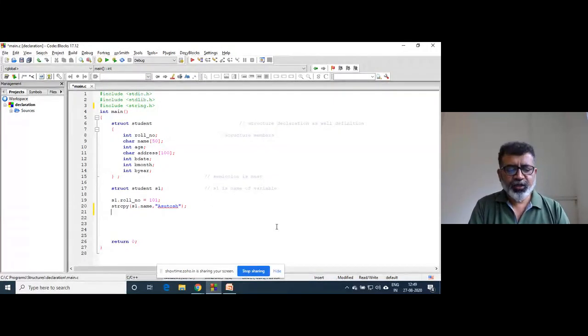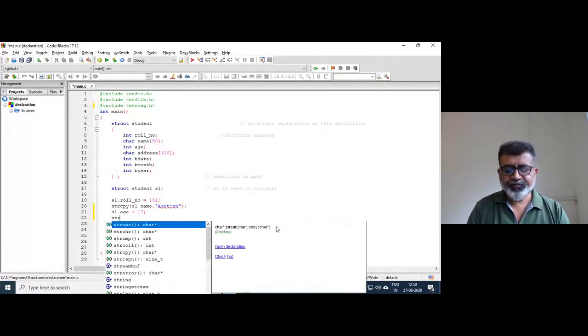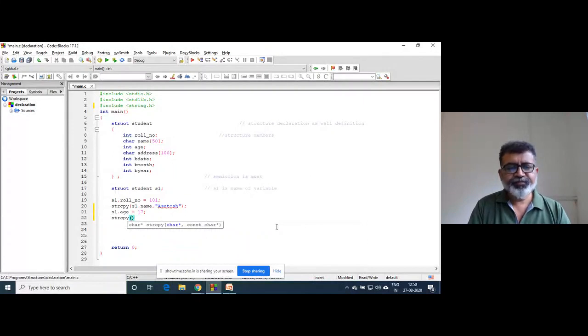We will write s1 dot age is equal to, suppose, 17. S1 dot address, you cannot write like that. So again your strcpy, here you want to store in the address of